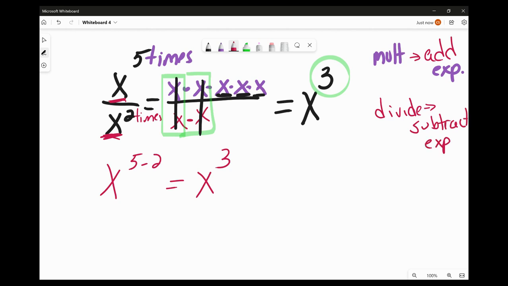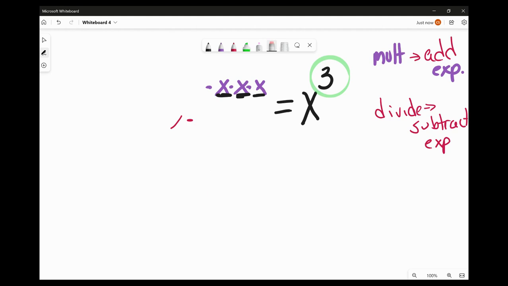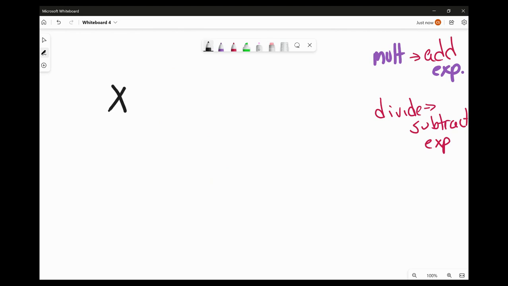And remember, this is always if they have the same base. This doesn't work if they don't have the same base. All right, now we're going to talk about power to a power. Power to a power looks something like this. Let's do x to the 4th power